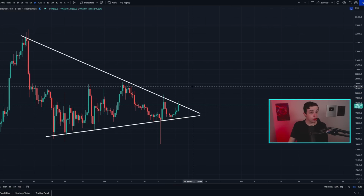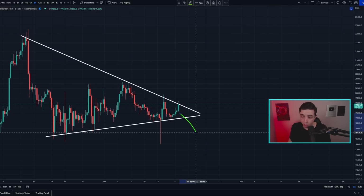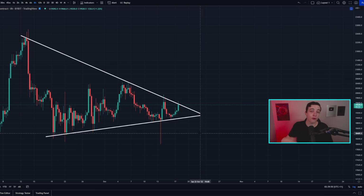And obviously for the traders out there, it doesn't actually matter whether Bitcoin breaks resistance or support, because you can actually make money in either direction if you simply know the right strategies. Unfortunately, I cannot give you personal financial advice, because I don't know your personal financial situation, but just an example of a strategy that I commonly use for a potential breakout like this is to simply